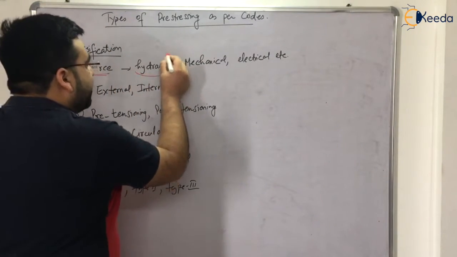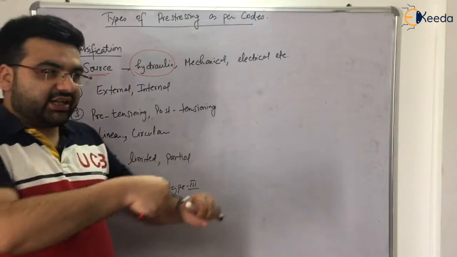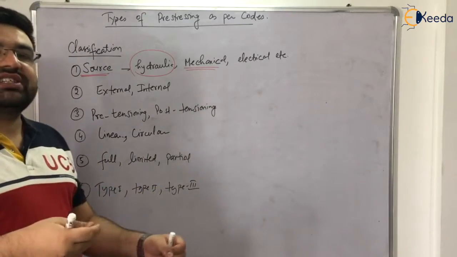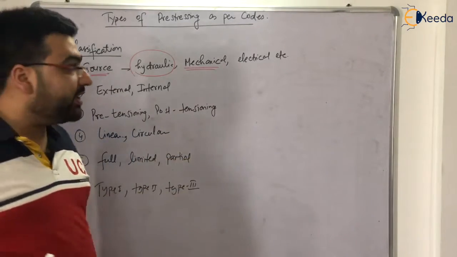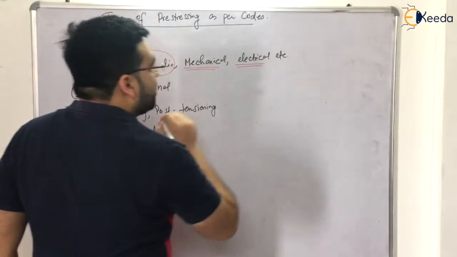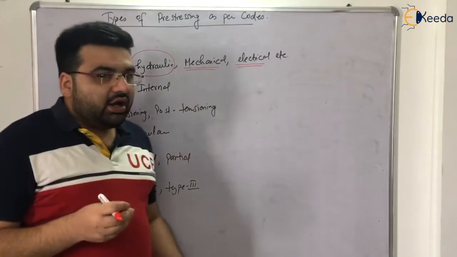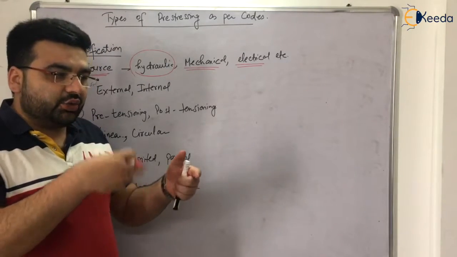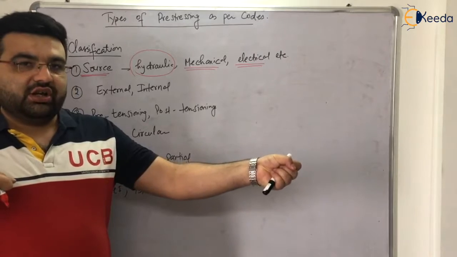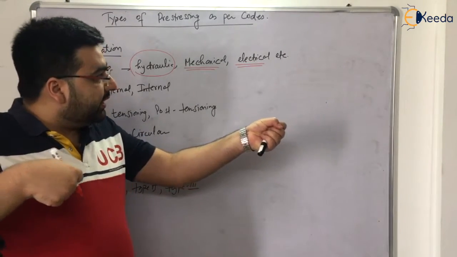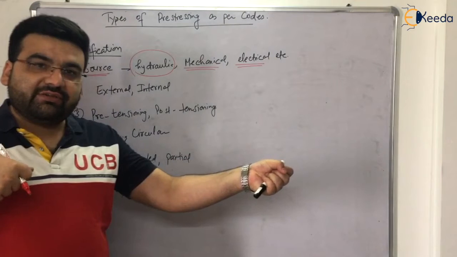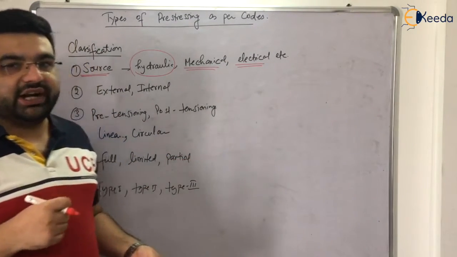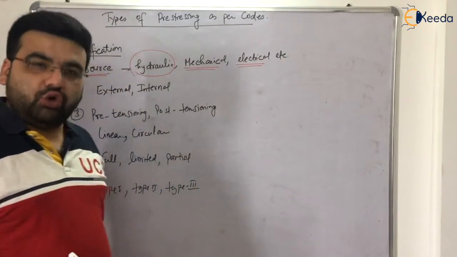First, it can be hydraulic. We have hydraulic jacks, hydraulic machines which stretch the tendon, or we can have mechanical. There can be a pulley system also by which the tendons can be stretched, right? There can be some electrical system also. In the electrical system, we pass electric current through the tendons. When we pass electric current, due to the temperature difference, they get stretched. Then we switch off the electricity, right? And it will again come back to its original position, right?